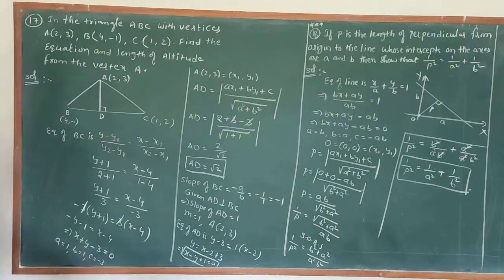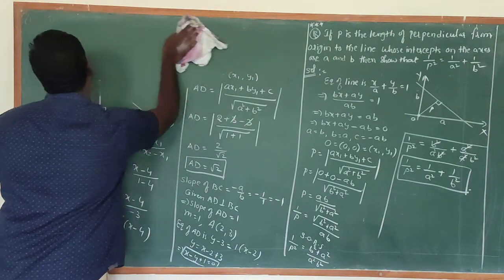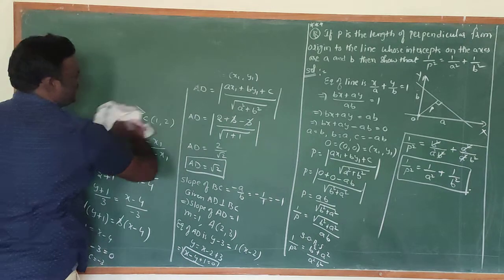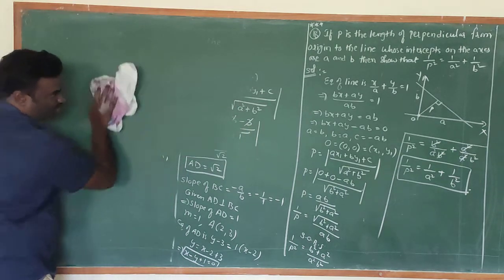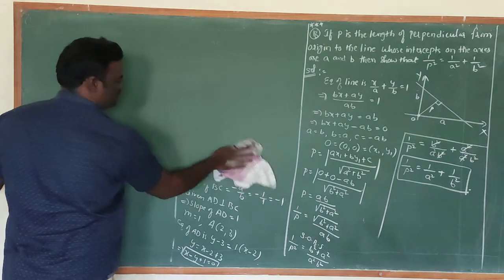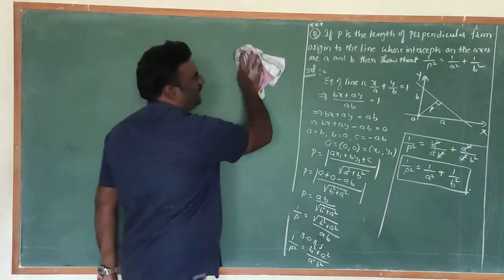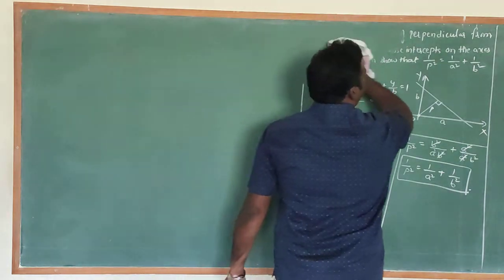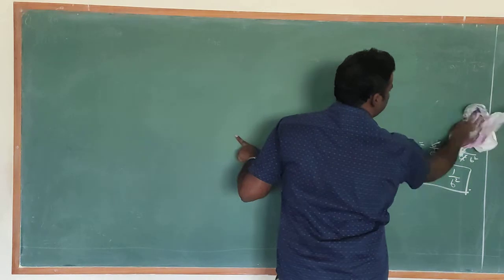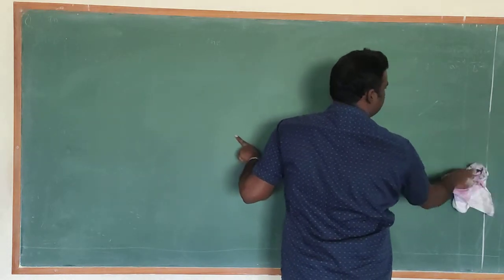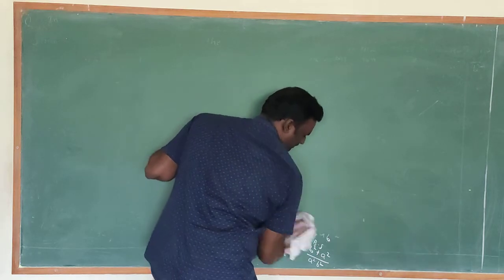Now the last exercise is also completed. Now I will explain miscellaneous examples. Exercise questions are over; the miscellaneous questions we will discuss. It is the last session of straight lines PU. From the next session onwards, I will start objective in the straight lines chapter.